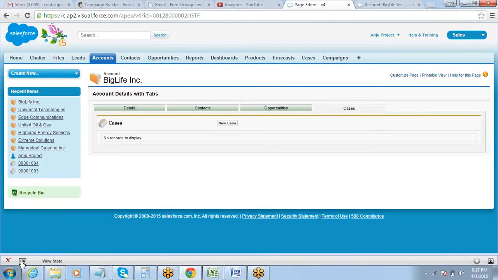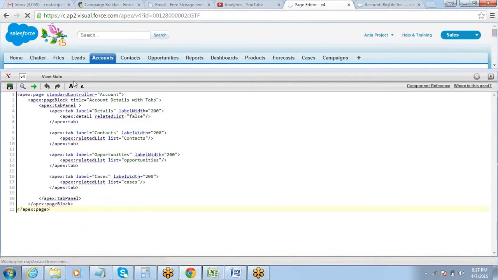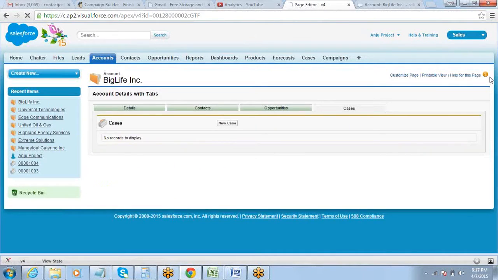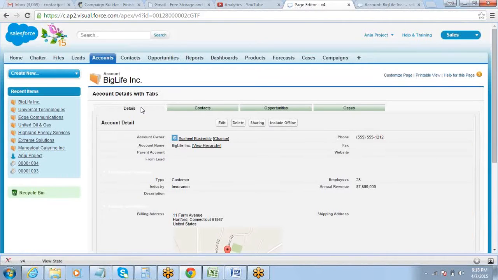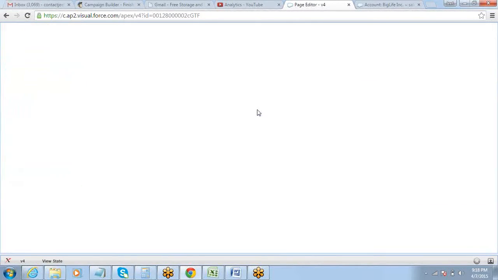Now we have understood this. There is another thing that I actually want you to understand here. While we are using tabs on a page, there's a small thing that you'll have to understand. When you click on this tab, do you see that the entire page gets reloaded? Notice it once again. I click on this tab, the complete page gets reloaded, right?